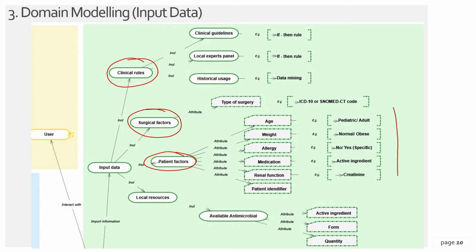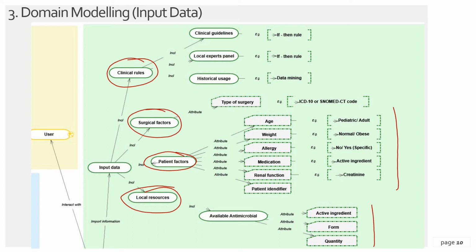Each of the attributes will be used to select the right type of antibiotics and calculate the right dose for the patient. And local resource, which indicates the available antimicrobials at the hospital, with information about active ingredient, manufacturer, form,